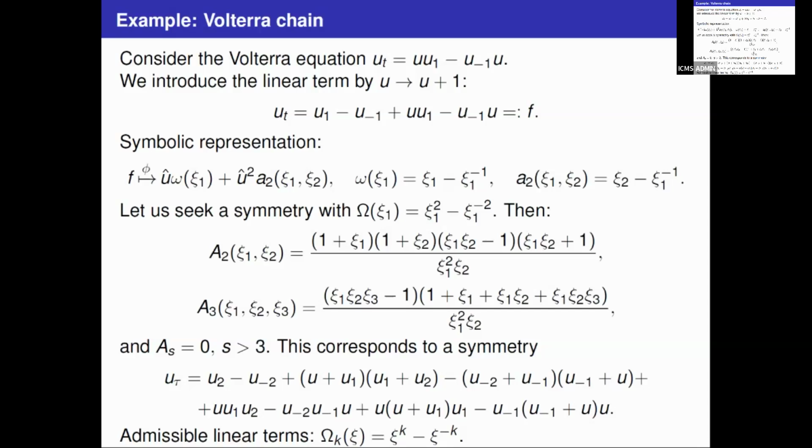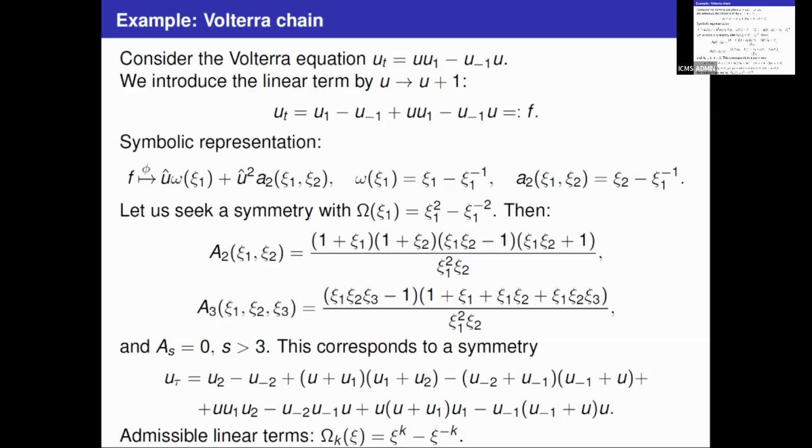So we will have A2 and A3 and no further terms. A5 equals 0. And one can show for the Volterra equation, the vector space of admissible linear terms is spanned by elements xi to the power k minus xi to the power minus k,